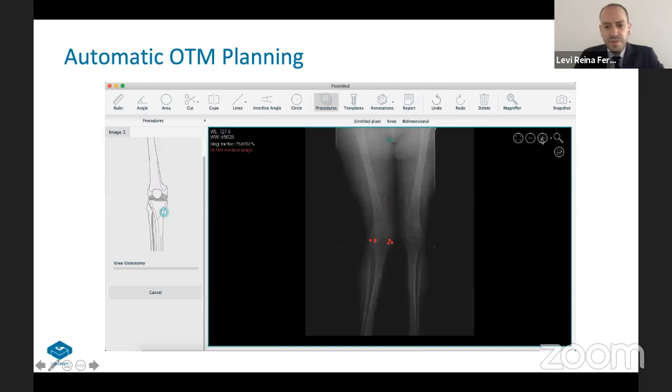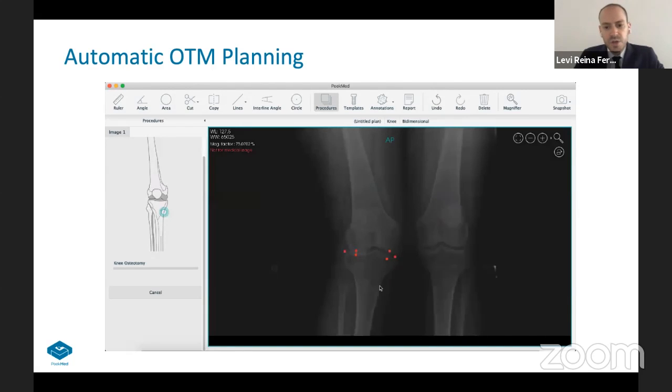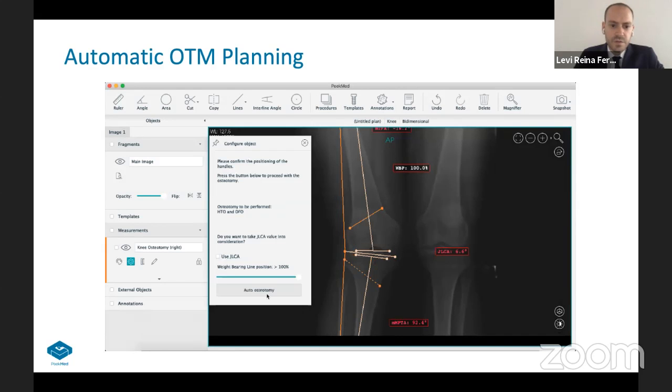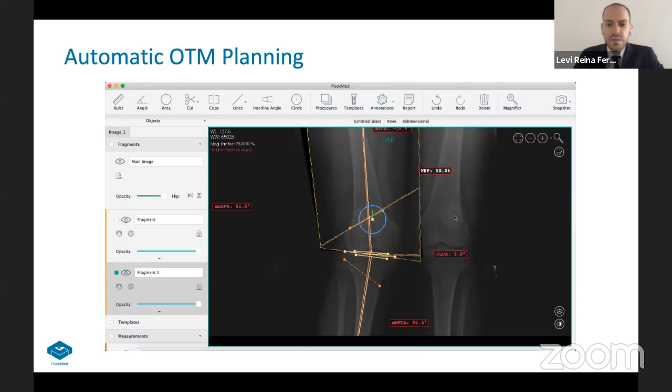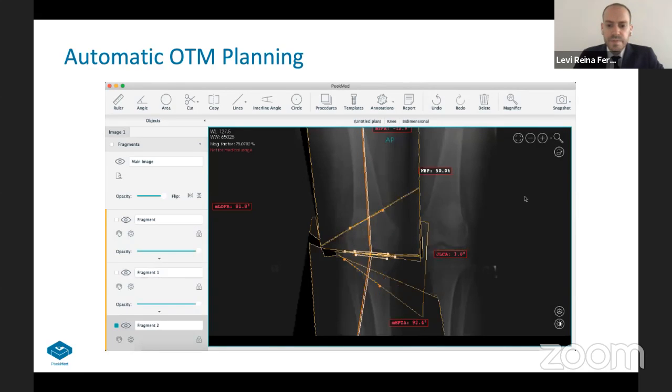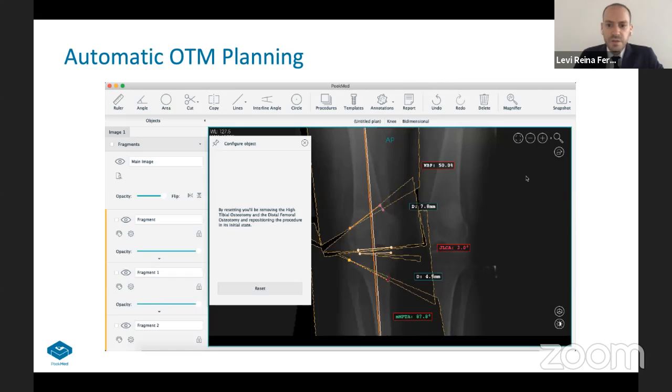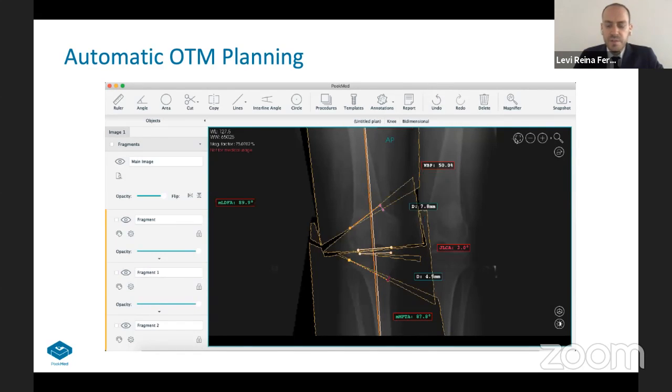So we do the same thing. We mark the cuts as the software tells you on the left screen. And we select the joint line congruency angle so it can correct a little bit of it. It can't correct it all. You have a big cartilage wear on the lateral compartment. So after we do our selections, it does the automatic correction. It tells you how many millimeters you have to take from the femur and how many millimeters you have to